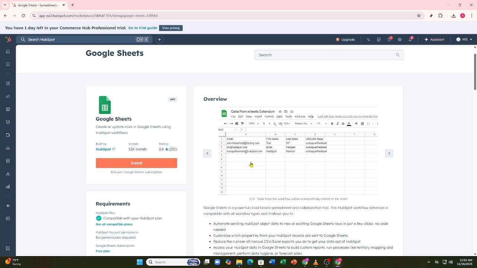First, open your browser and go to Google Slides. Log in using your Google account email